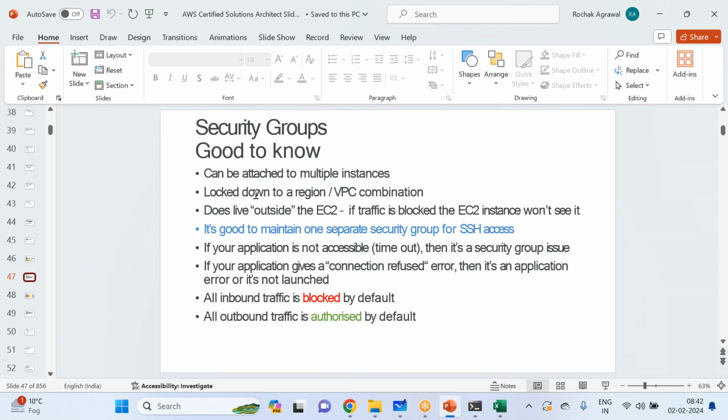Then it is locked down to a region and VPC combination. As we discussed, there are services which are region scoped. So let's say you have a web server in the US East 1 region and a second web server in another region. For another region, you need to create another security group. And VPC is another scope: if you have a different virtual private cloud, a security group cannot span across multiple VPCs. For different networks, you need to have a different